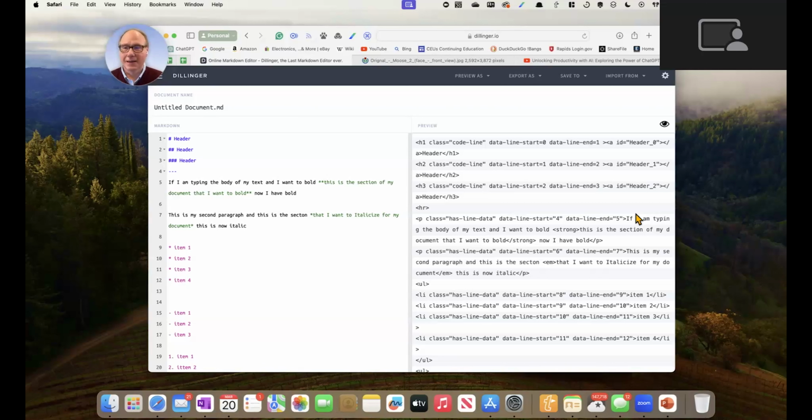If I send him my changes in HTML, it's going to happen a lot sooner because it's already done for him. He just has to copy and paste that in and update my website. This is a great tool for plain text writing, using these symbols to create HTML.